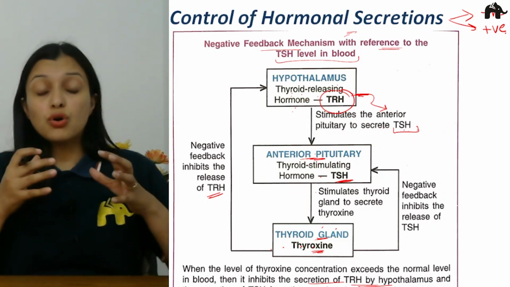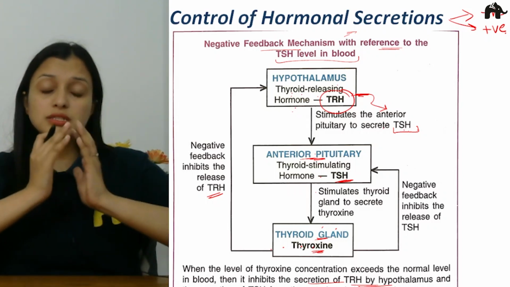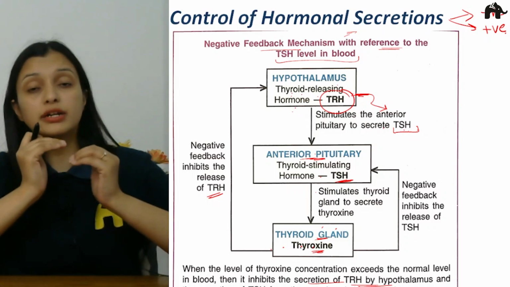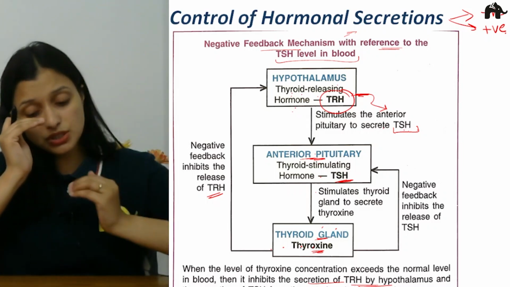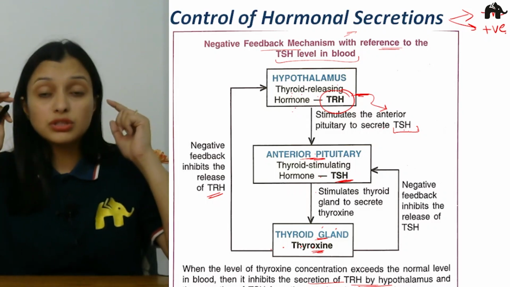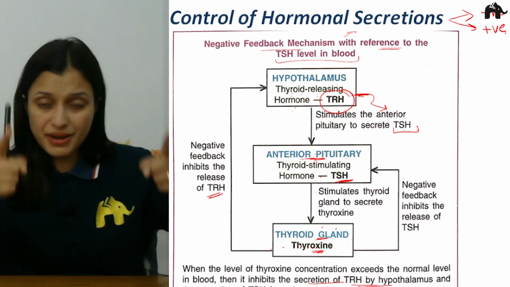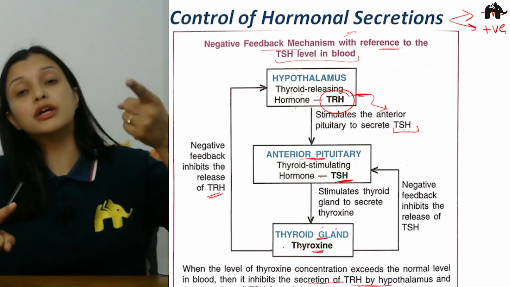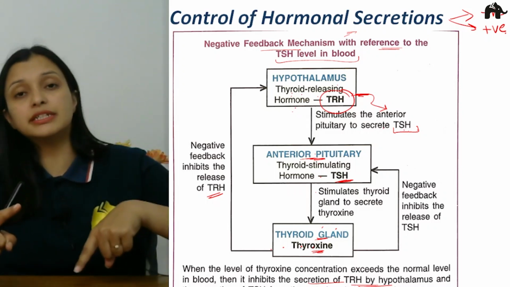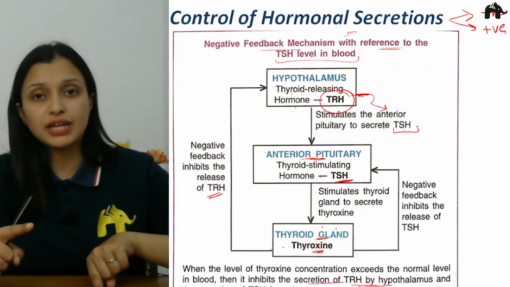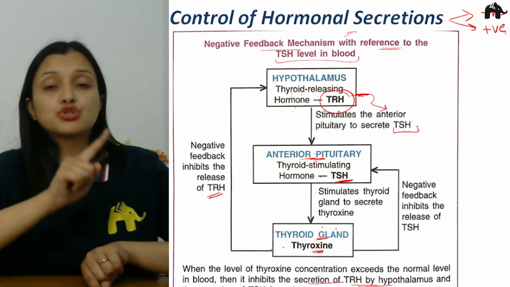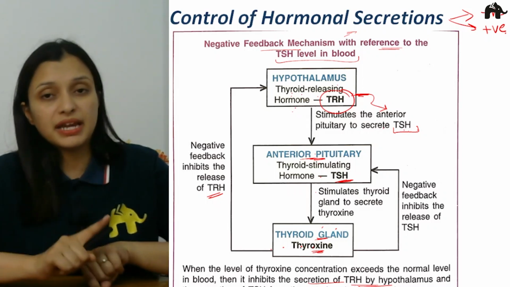in our body. So for all the organs, once any level increases above the normal one, or the level of a hormone comes down from the normal one, a signal is sent to the respective gland to secrete more hormone, or to stop secreting, or to inhibit the secretion of that hormone. So that is very important. This particular system is called a negative feedback mechanism.